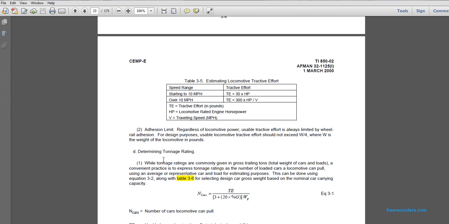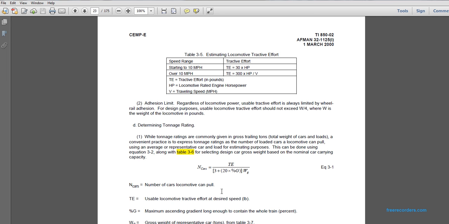Determining the tonnage rating. The tonnage rating is commonly given as gross trailing tons, the total weight of the cars. A convenient way to express the tonnage rating is the number of loaded cars the locomotive can pull, using an average representative car load for estimating purposes. This is done using equation 3.2 along with table 3.6, selecting the design car gross weight based on nominal carrying capacity. The number of cars the locomotive can pull is equal to the traction effort